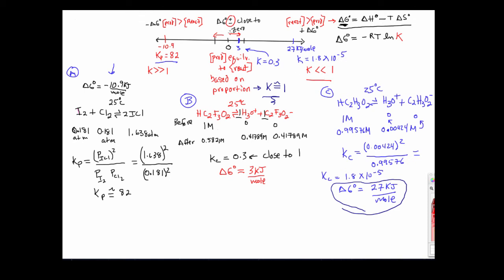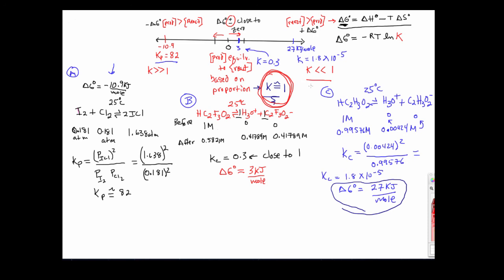When delta G naught plus or minus is close to 0, like it was with example B here, where Kc was about 0.3, then the K value is going to be close to 1. All right? And when delta G is large and negative, then the K value is going to be greater than 1, and the fraction of products to reactants is going to be a large number, K greater than 1. So you're going to find way more products in the reaction mixture of a reaction being controlled by delta G where it's negative versus the amount of products that you find in a chemical reaction where delta G is large